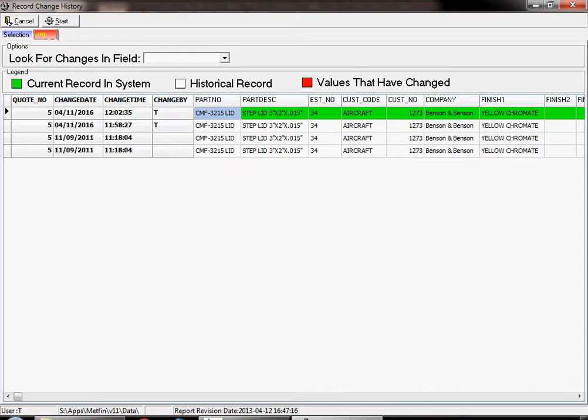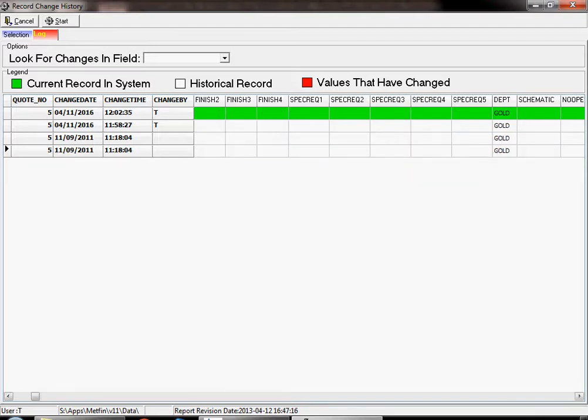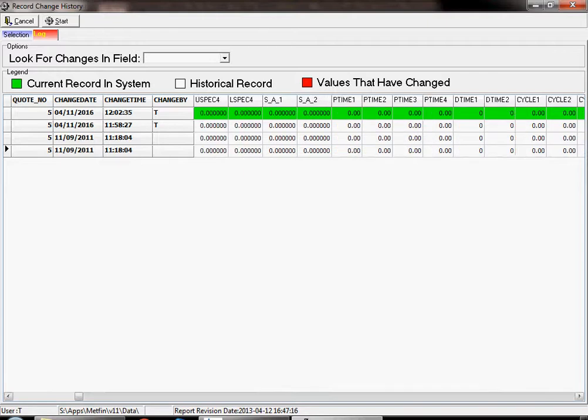You can see, unlike the customer we went over, there's multiple history records here. The white records are historical records, records that existed in the past, whereas the green one is the one that exists in the system now, as indicated by our color coding. And you can see